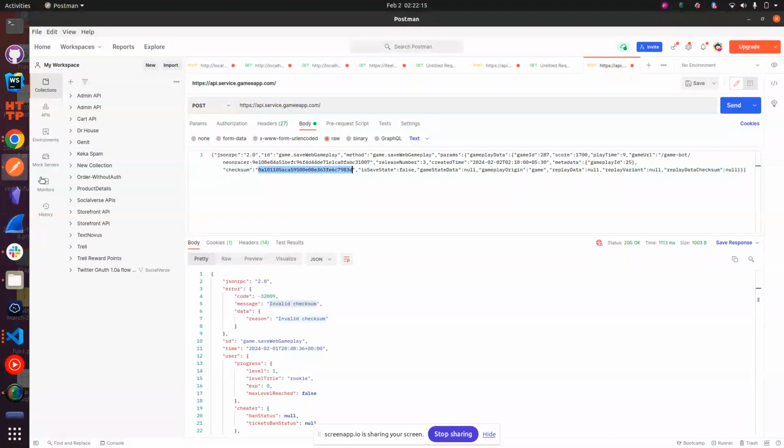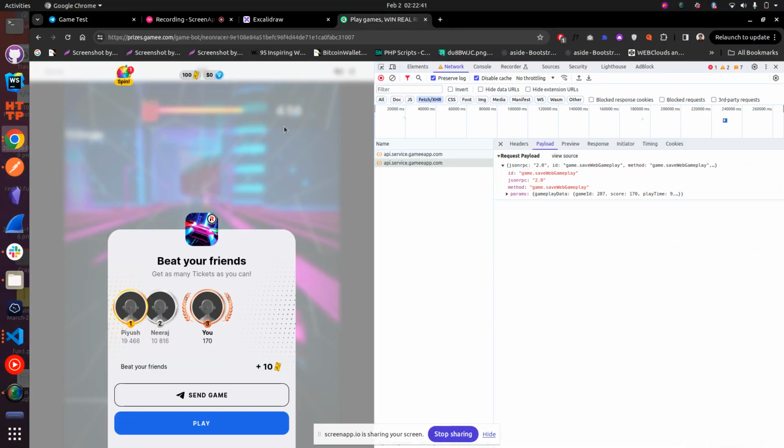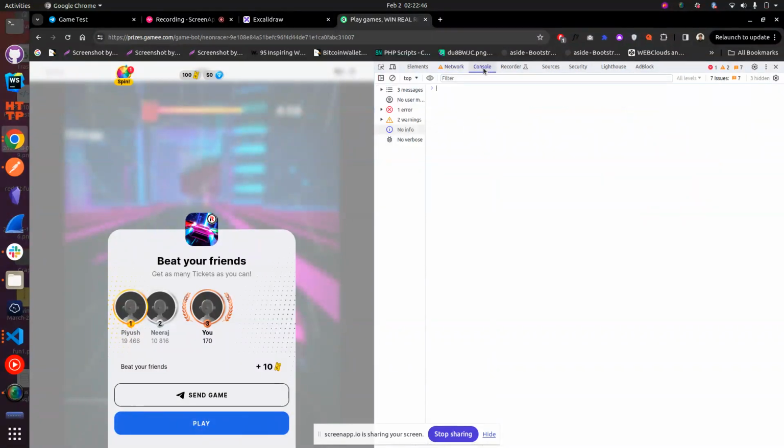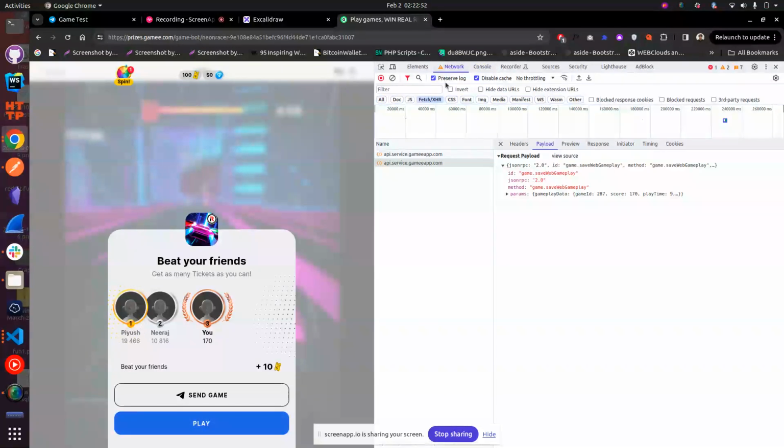So what if you can modify the score before the checksum is calculated, so you don't even have to reverse engineer the checksum algorithm or whatever they're using. You can just somehow modify the score, and the payload is created, and for the payload the checksum is created, and it goes to the server and everything is happy. So a very easy way to do this, since we don't have any handle to a memory address or any variable, is this: